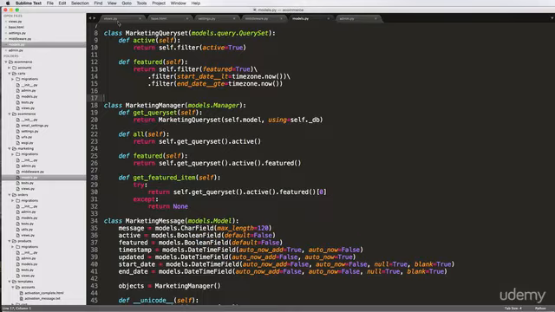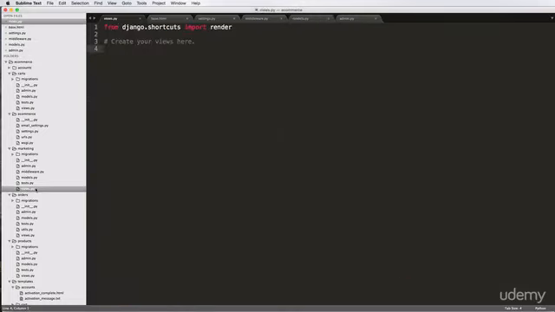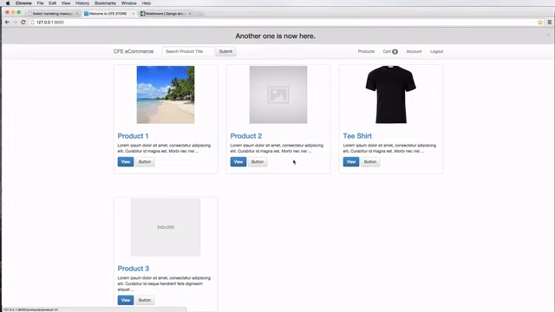So what I want you to do is actually open up your marketing views. Within here, we're just going to create a view called dismiss marketing message, and it's going to take in a request, and this is going to be all done in JSON. So what JSON is, I'm going to go ahead and comment this out for now, but what JSON is like